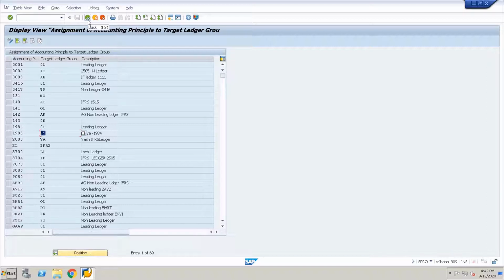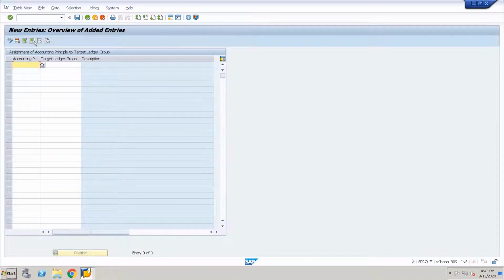When we give the accounting principle, whatever the ledger or the ledger group that is assigned to the accounting principle in this transaction will be automatically picked in asset accounting. So for that one, we need to define what is the assignment between the accounting principle and the ledger or the ledger group. So now let us assign the accounting principle that we have created. So AVP1, we have assigned it to our leading ledger. AVP2, we have assigned it to V1, AVP3 to V2, to V3, and also again AVP4 to V4.